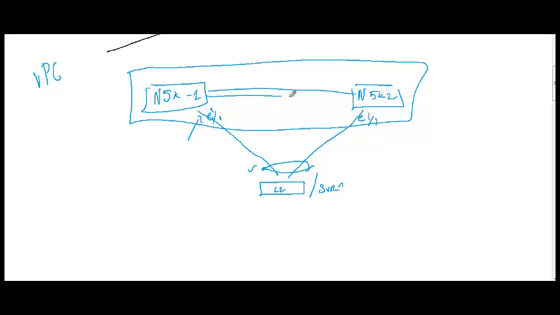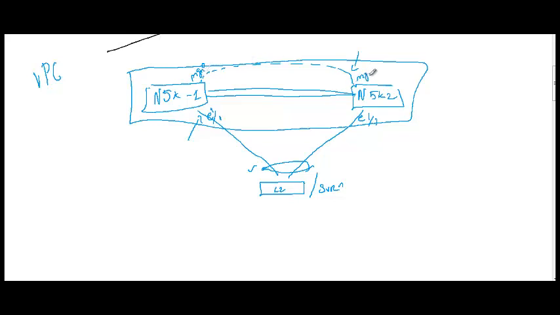We need a peer link between these two switches, plus we need a Keepalive link. So this Keepalive link, it is recommended to use a management interface which is there in both devices,